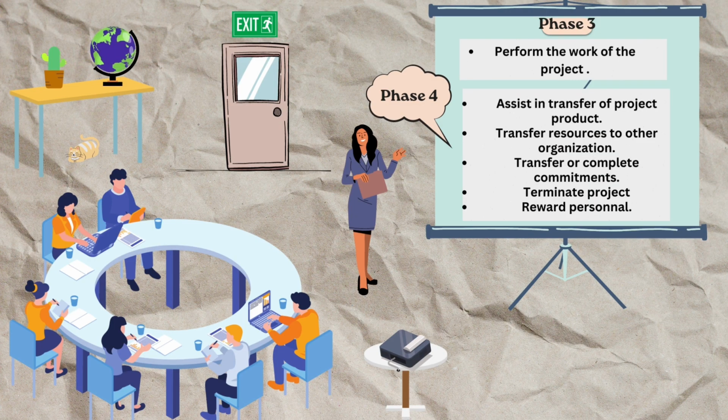The planning phase is transformed into actions in the execution phase, and the project is carried out, with deliverables developed in response to client or customer demand. Last but not least, the termination phase is the last and concluding step in the project life cycle. During the final closure, the importance is on providing the final deliverables to the customer, that is, termination of supplier contracts, releasing project resources like transferring human and non-human resources to other organizations,